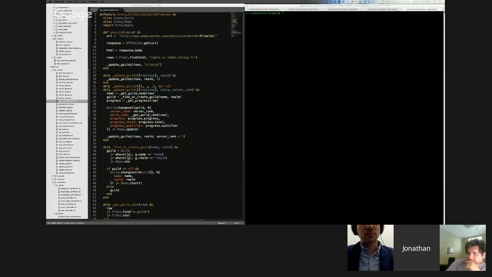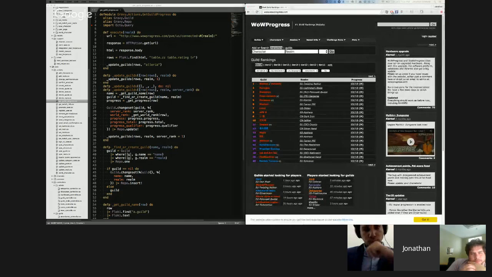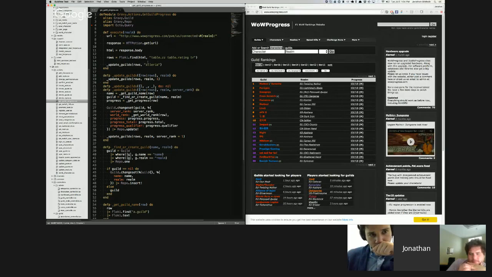The site I'm looking at is WoW Progress. So what this does is, I play WoW, Mythic Raid, and we're pretty competitive about it. We've been on a break since the expansion is going to be announced and other stuff. But when we get into it, you're competing against the other guilds on your server.